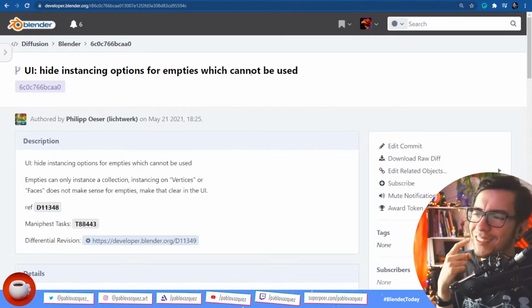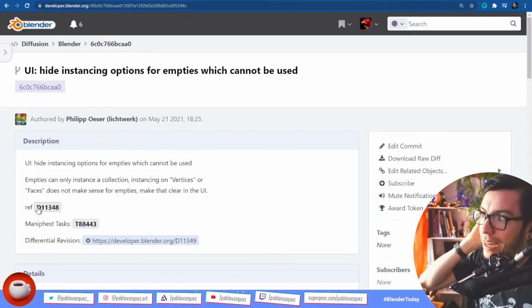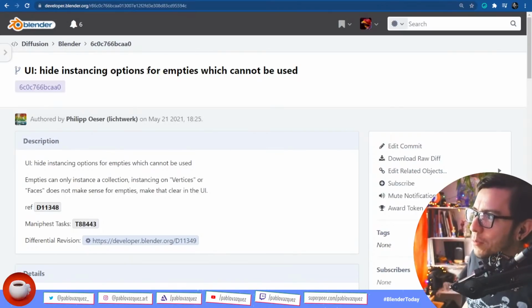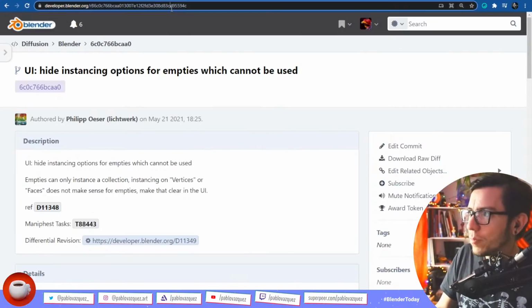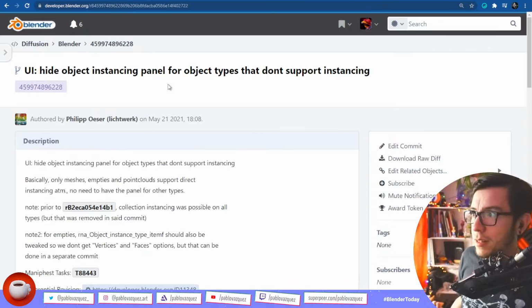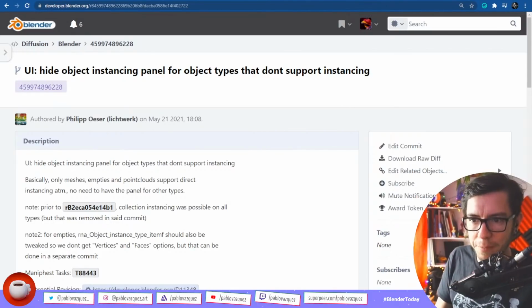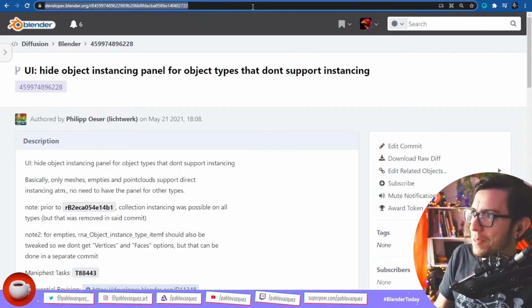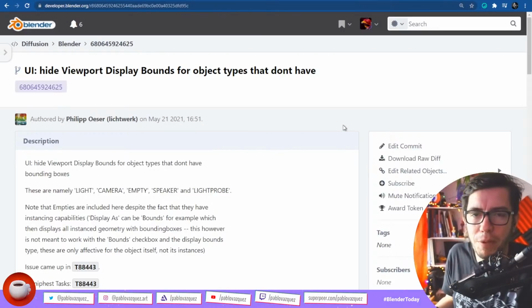It didn't really make a lot of sense. So it's great that Philip went ahead and made not only this change of hiding instancing options when it doesn't make sense, but also the object instancing panel for object types that don't support instancing. But also hiding the viewport display bounds for object types that don't have a bounding box. Not all objects have a bounding box.